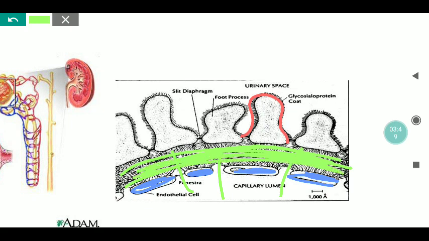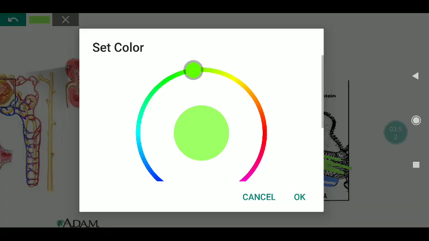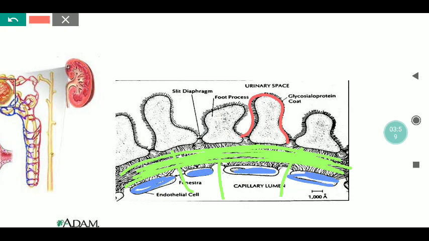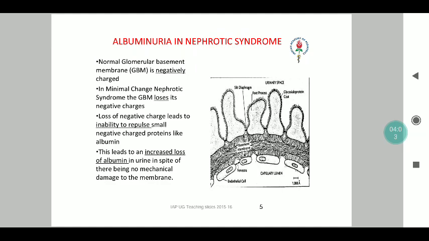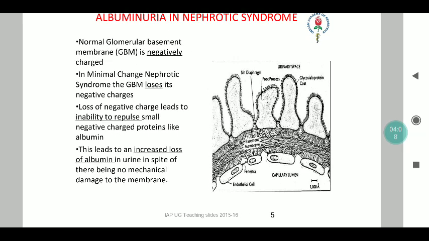So functionally, physiologically, there should not really be a leak at all. Whatever leak does occur is only sufficient to ensure that there is urine formation. Now, that is a gross anatomy and a brief introduction to that. Now, with that understanding of the microstructure, keep in mind that the normal basement membrane is negatively charged. So this entire portion is negatively charged, and with that negative charge present, it ensures that there is not much leakage.